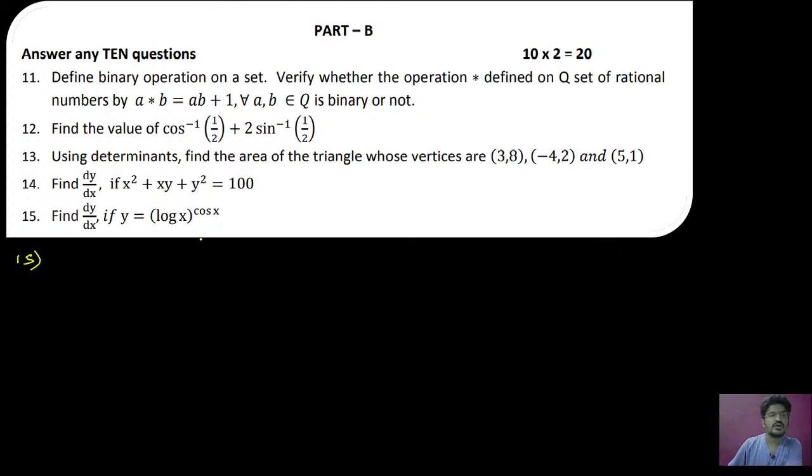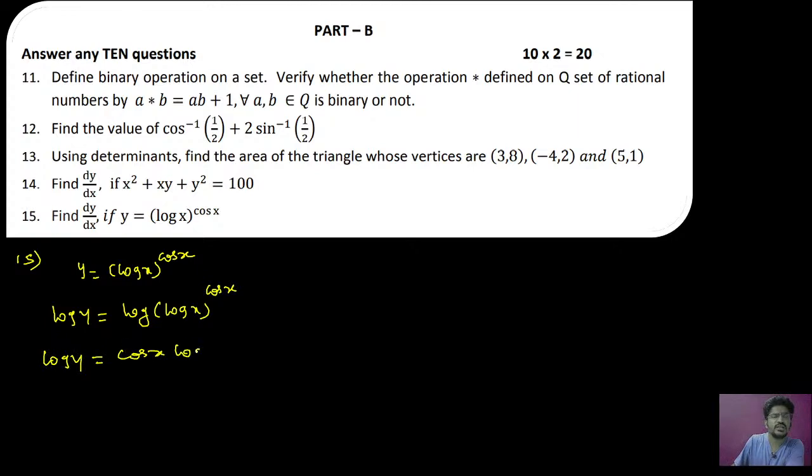Okay. So now y is equal to log x to the power of cos x. Apply log on both sides. This will be log y equals log of log x to the power of cos x. So that will be log y equal to cos x into log of log x. Okay. Now differentiation on both sides, that will be 1 by y into dy by dx will be equal to,